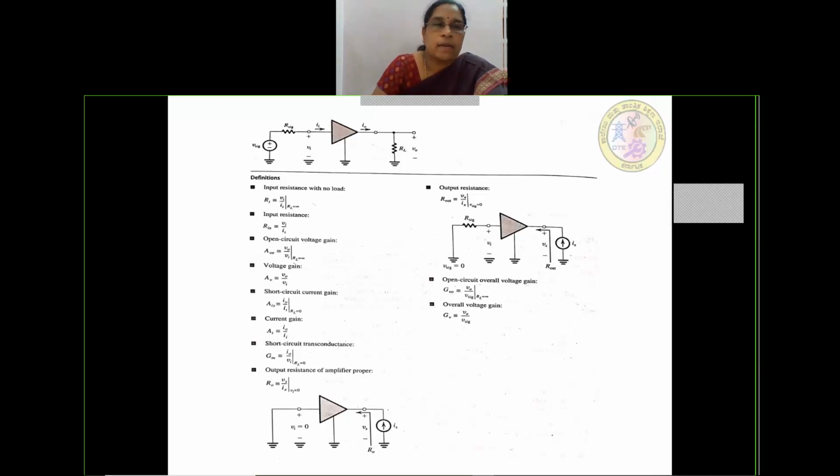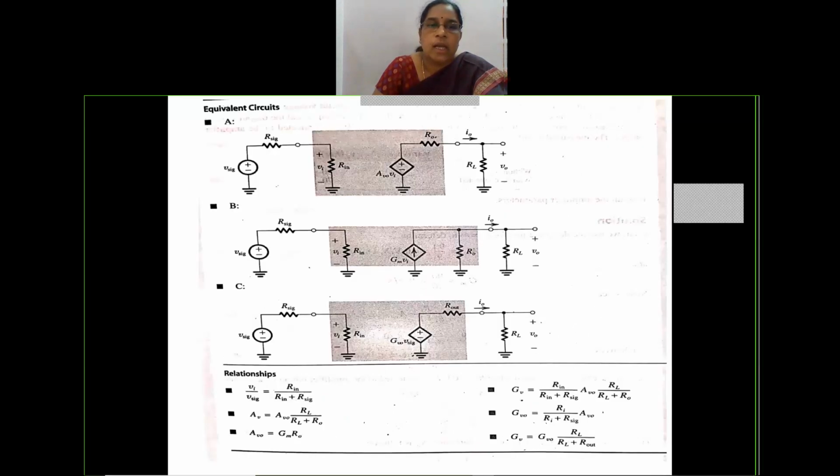This is a list of some more related parameters with this particular circuit. As and when our topics proceed, we will make use of all these relations. This is an equivalent circuit. Even in further sections, wherever it's possible, whenever we are writing equivalent circuit models, we will be using all these relationships in the amplifier circuits. This is for our reference, that is the basic definitions and the various relationships for the amplifier block.